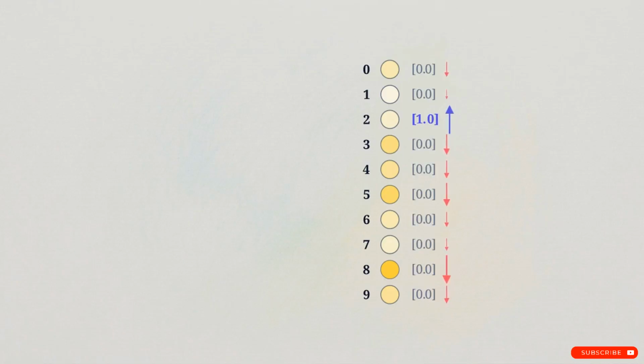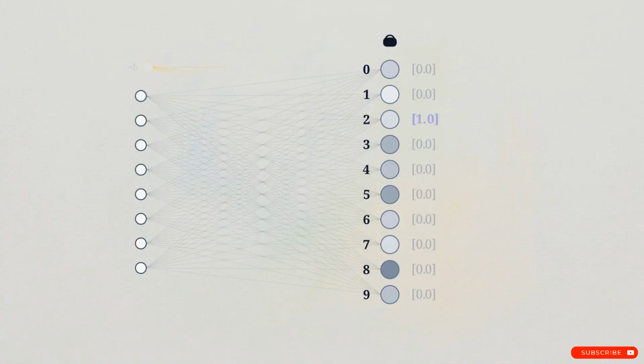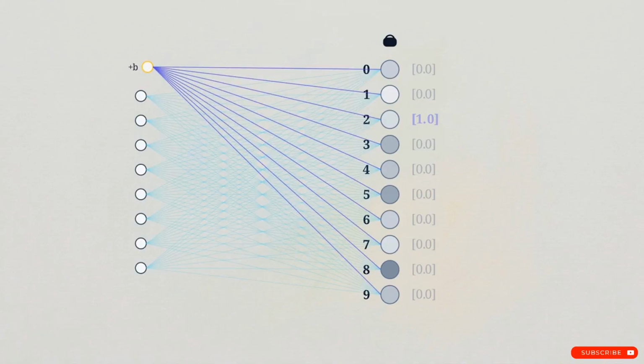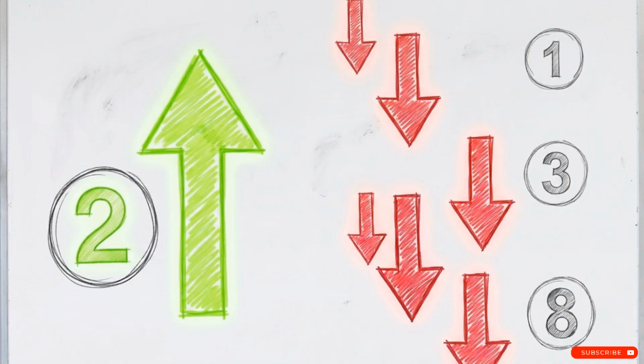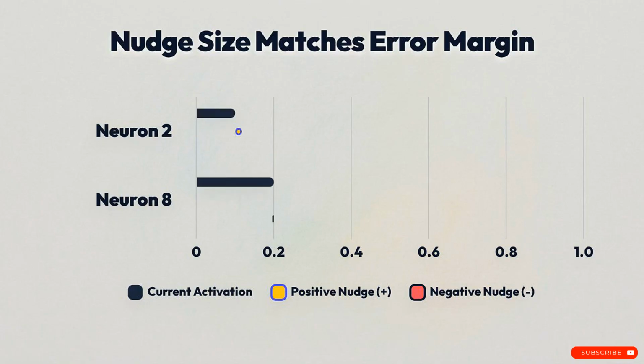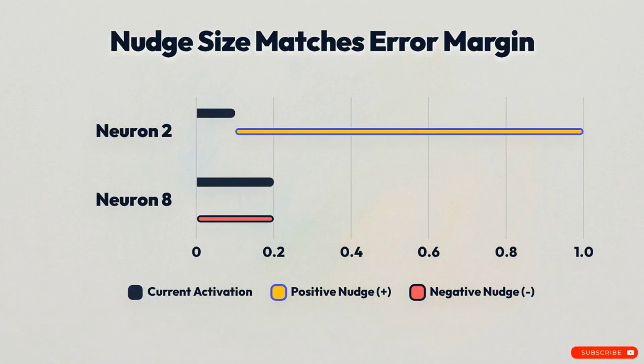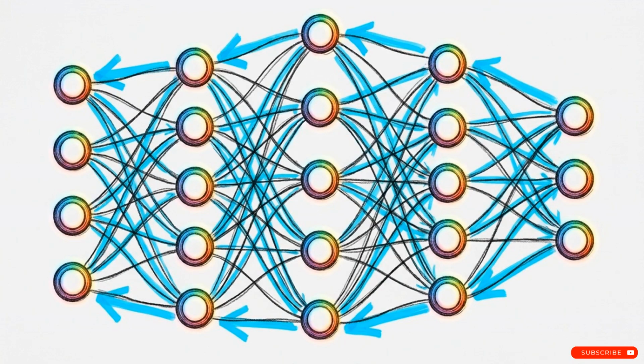Here are 10 output neurons in an untrained network. Their activations are random. We know their ideal state. The 2 needs a target of 1.0 and the rest 0.0. We cannot change output activations directly. We only influence the weights and biases feeding them. But we can define our goal. We want to nudge the number 2 neuron up and every other neuron down. The size of those nudges is proportional to how far away each current value is from its target. Backpropagation begins by defining exactly what the final layer wishes its state was, allowing us to reverse engineer those changes